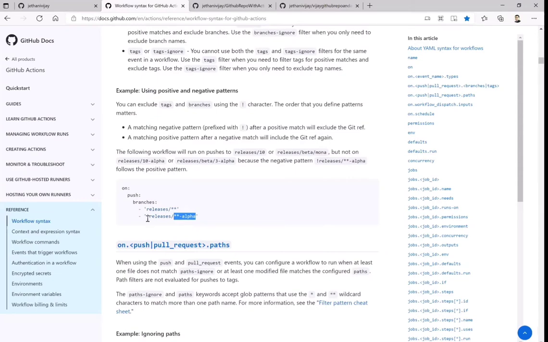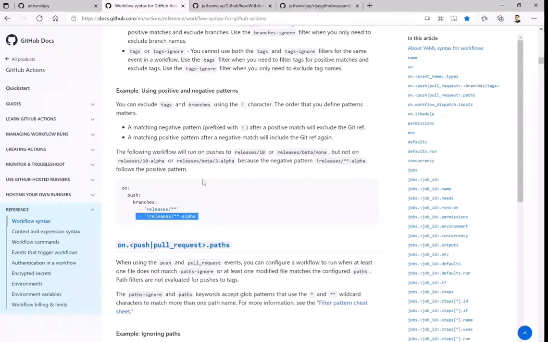This exclamation mark says not. First we are saying yes to everything that gets changed on the release, then we are specific that it should not be something with alpha hyphen alpha. So if there is something followed by hyphen alpha, it should not get triggered.